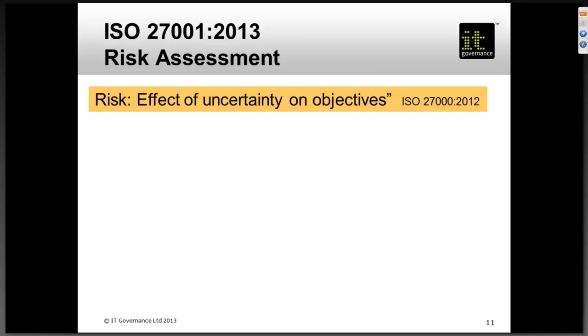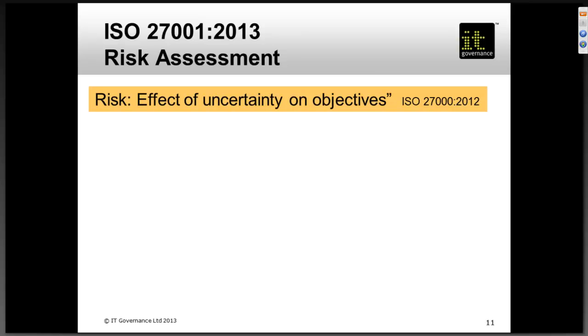Not quite sure we can plug that into our Excel spreadsheet. Maybe we should read down a little bit further. In 27000 as a standard for terms and definitions, there's a number of notes that follow on from it. And indeed, it says in Guide 73 and elsewhere, other international standards that are relevant to and define risk definitions